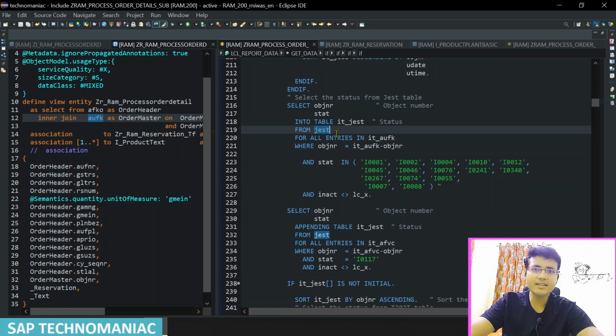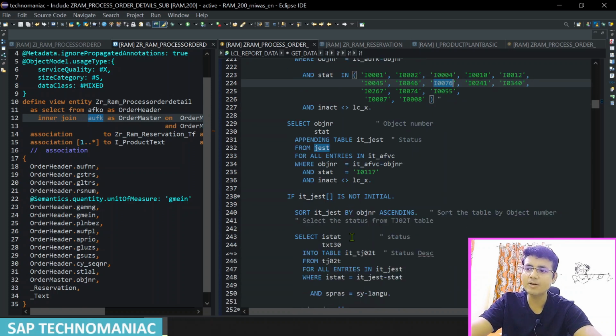Once they get the status from the JEST table, it will just give the status number like I001, I002. Some of them I can explain. I076 if we have deleted it, I045 if we have closed that particular process order. I046 when we have closed this process order, and I076 if it is deleted. These are the statuses we usually use frequently. And for this status number we want to get the text of the status. Then we are hitting another table called the